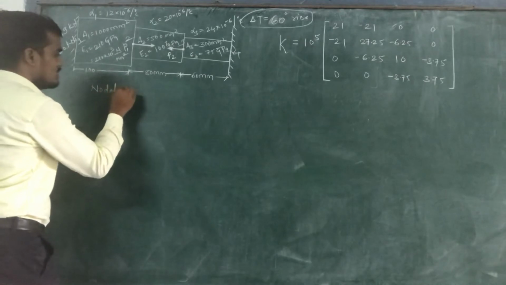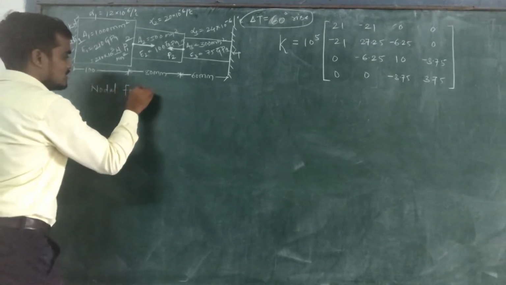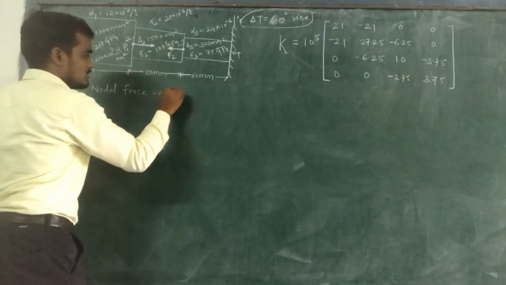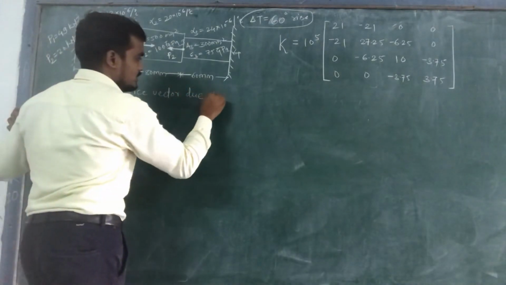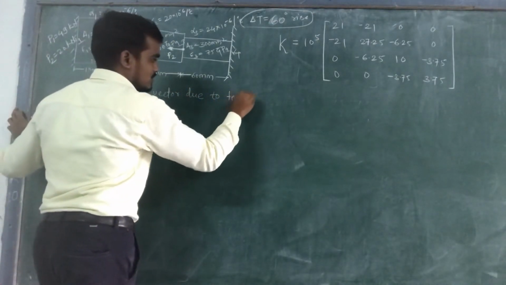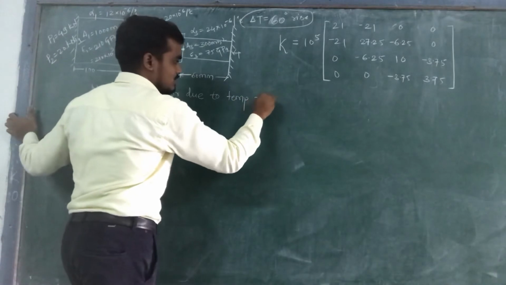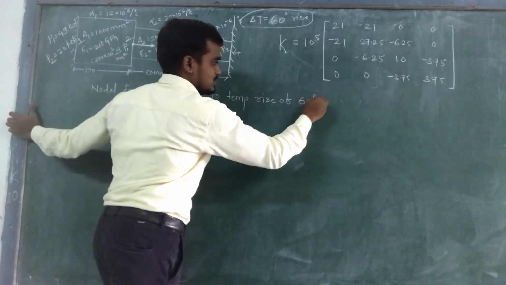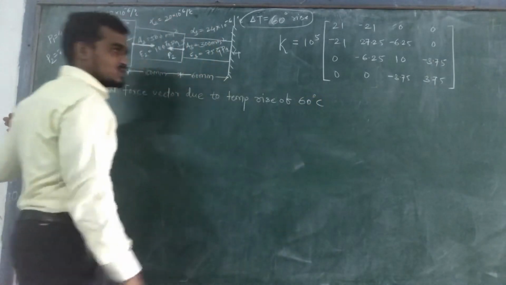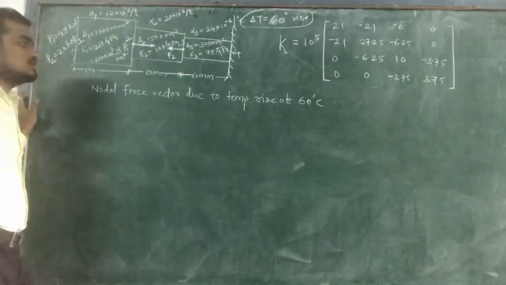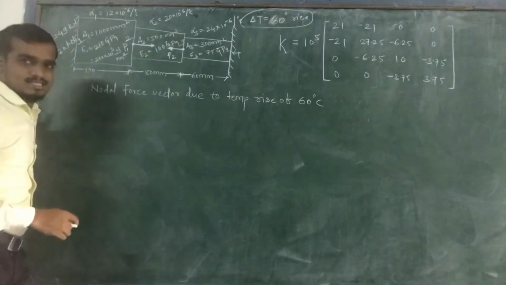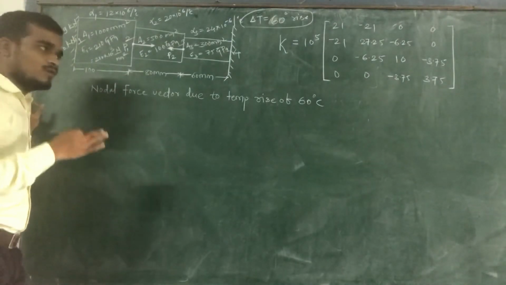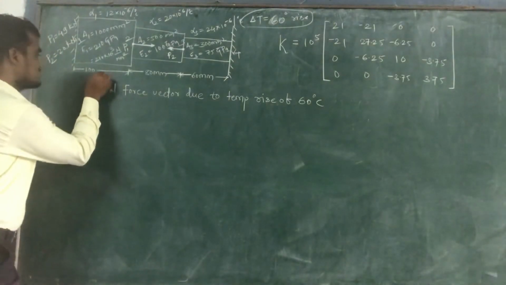First we need to find out the nodal force vector due to temperature rise of 60 degree Celsius. So for this we know the formula. So for first element,